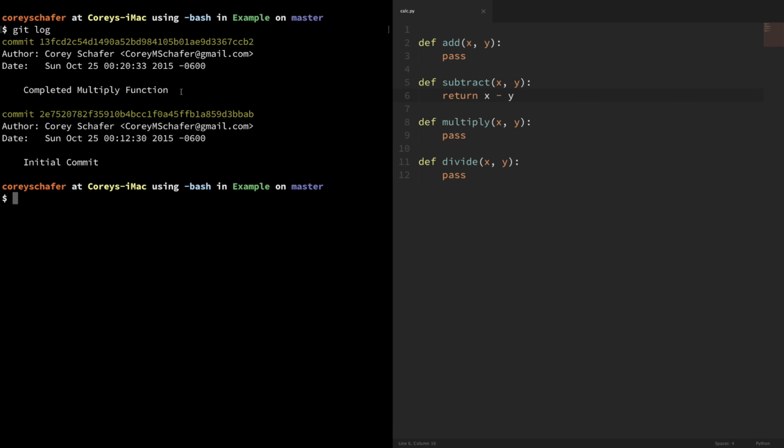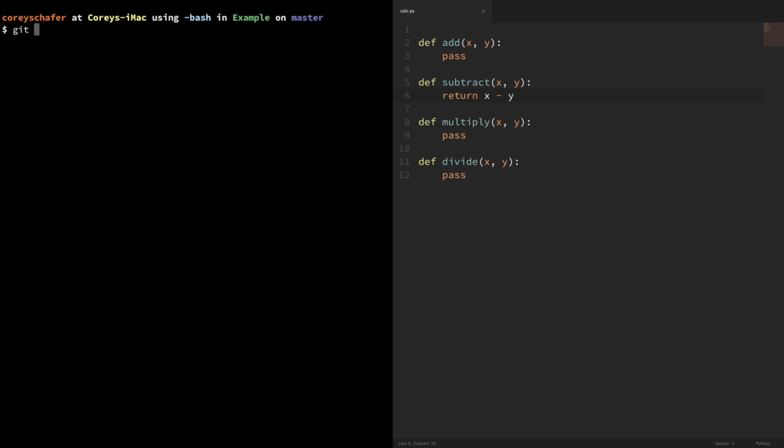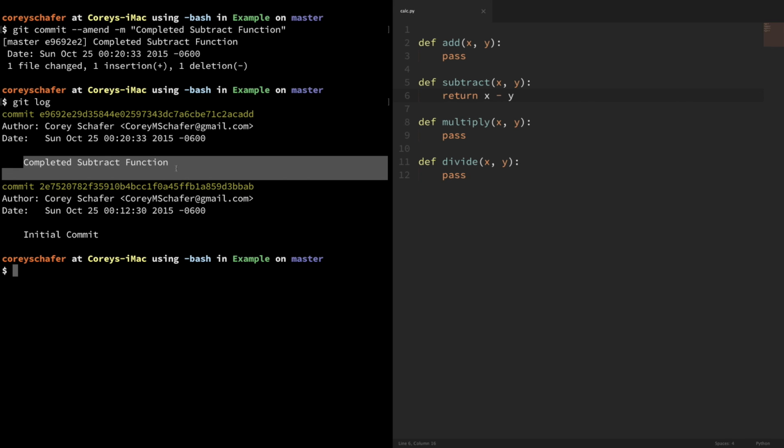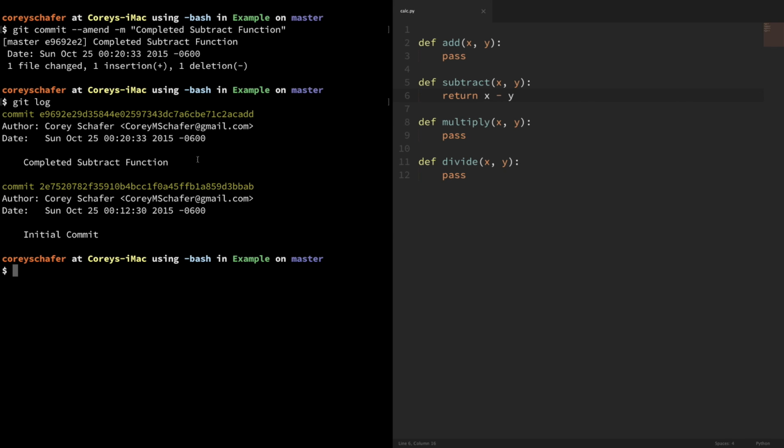So how do we modify this message without doing another commit? Well, to do that, we can just do another commit with the --amend option. So if I do a git commit --amend, then I can type in -m for my message, and I'm just going to say "completed subtract function." So now if I do a git log here, you can see that we haven't added any more commits. We still just have the 2 commits, but we have changed this commit message on our last commit, which is